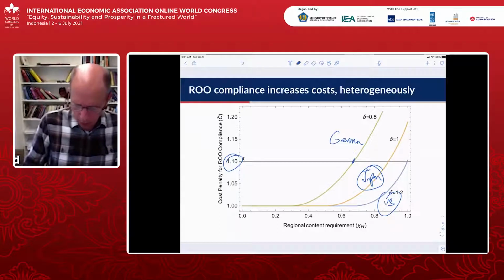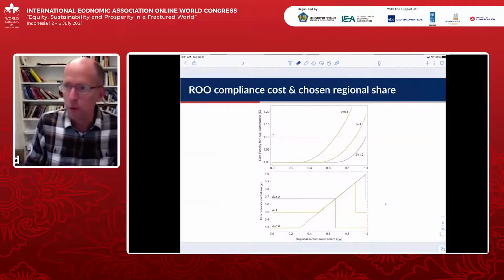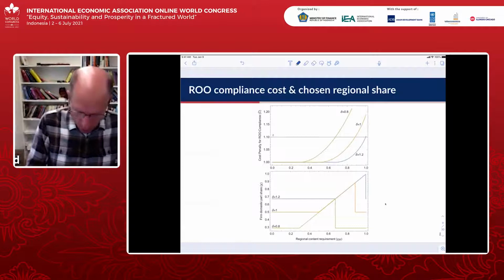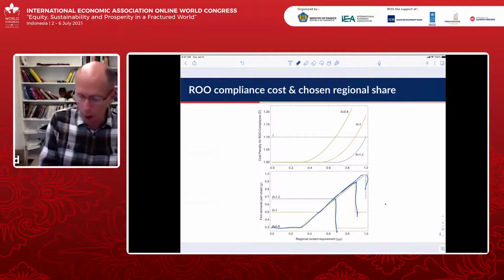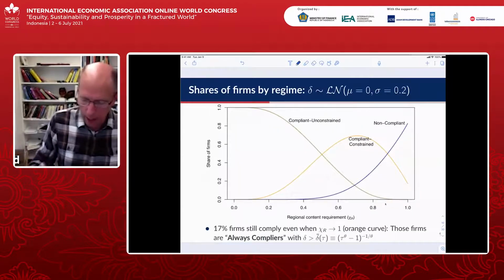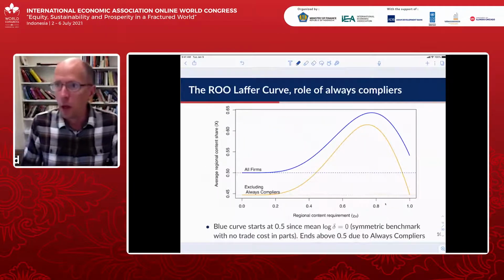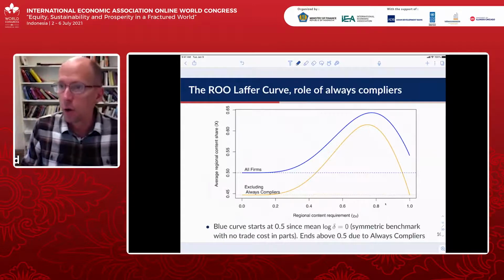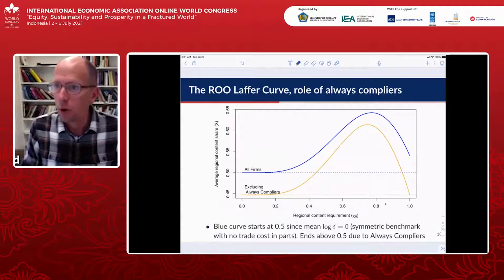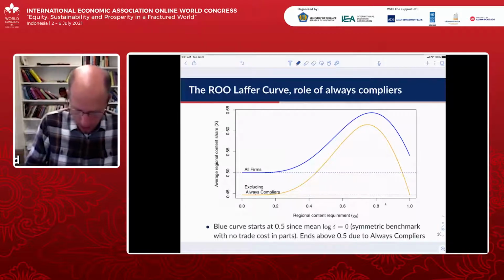Okay, so you can sort of draw for these 3 types of firms each of their individual Laffer curves, which go up during the period where they're complying with the rule of origin, then drop off when it becomes too expensive, go up, then drop off, go up, and then drop off. Or you can combine all these things together at once and get the Laffer curve that I showed you on the proverbial cocktail napkin before.